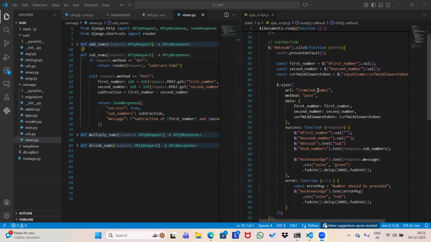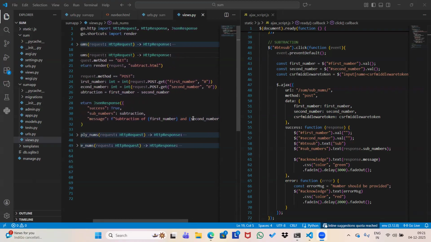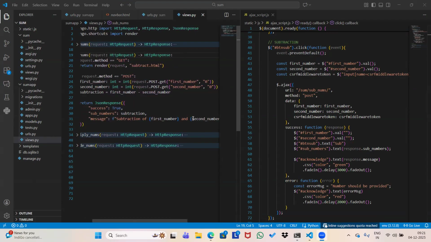So it will directly come here, and now we will do the same thing that we have done for addition. The message will look like subtraction. I have given subtraction, the first number minus the second number, and all the same things we have done for addition, it will be the same for this, but we need to just change the template. That means let's go to the